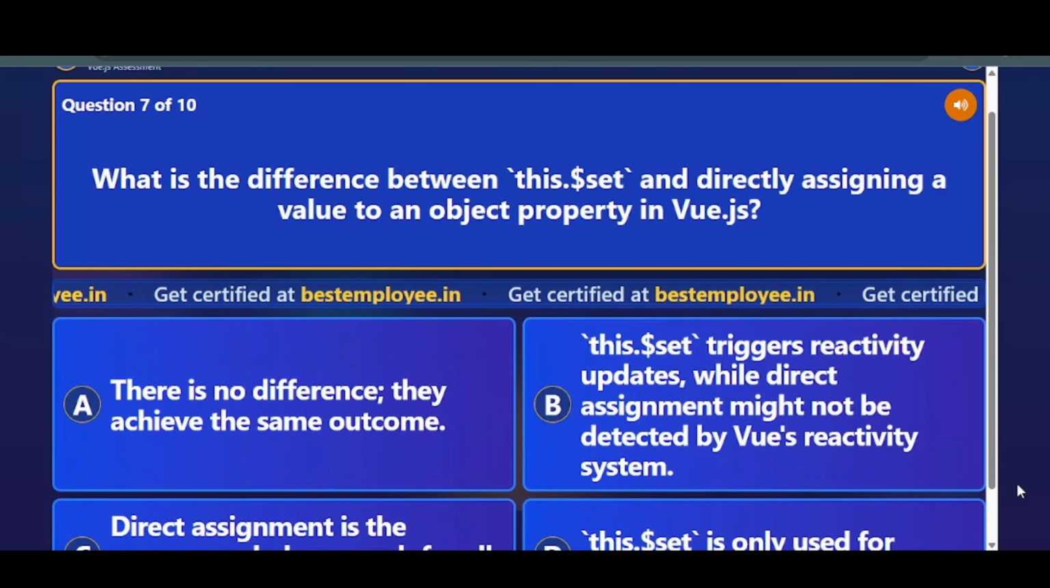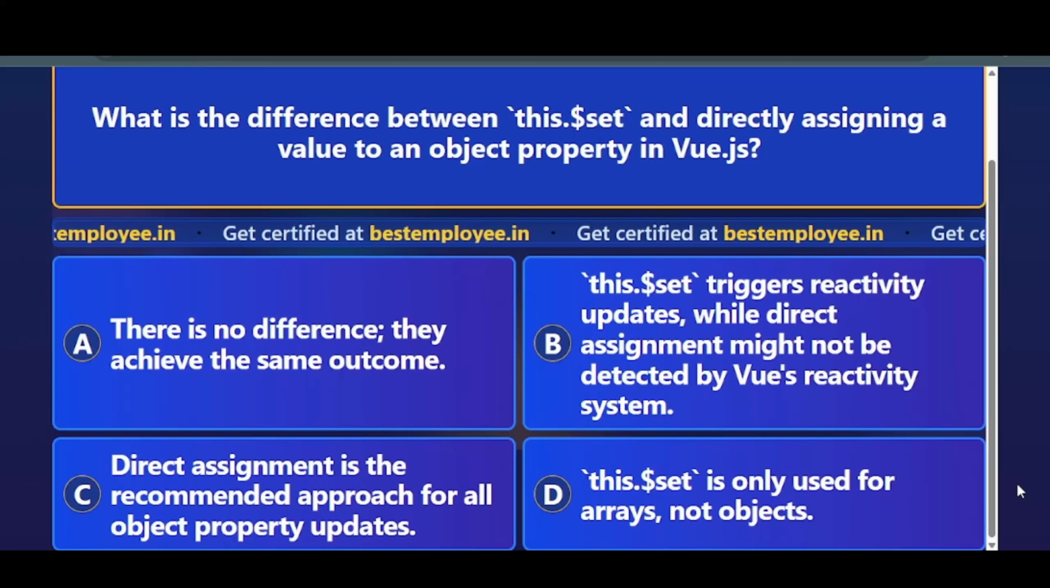What is the difference between this.$set and directly assigning a value to an object property in Vue.js? Option A, there is no difference, they achieve the same outcome. Option B, this.$set triggers reactivity updates, while direct assignment might not be detected by Vue's reactivity system. Option C, direct assignment is the recommended approach for all object property updates. Option D, this.$set is only